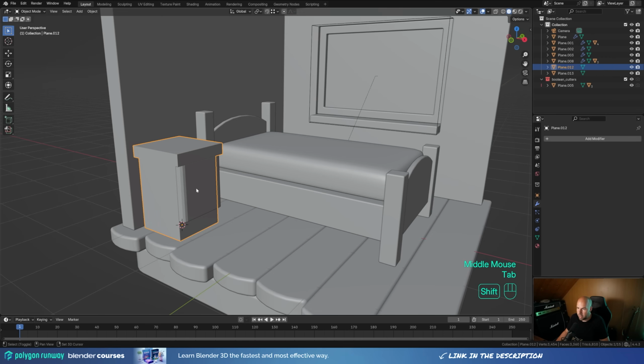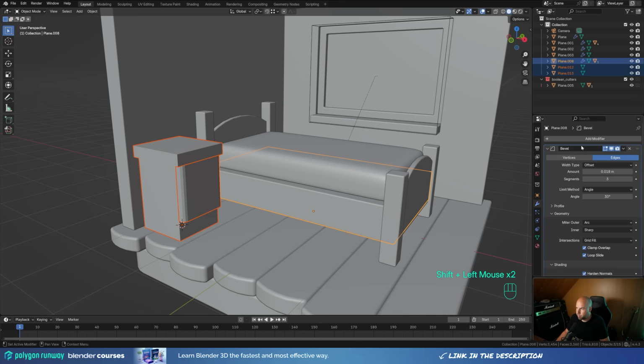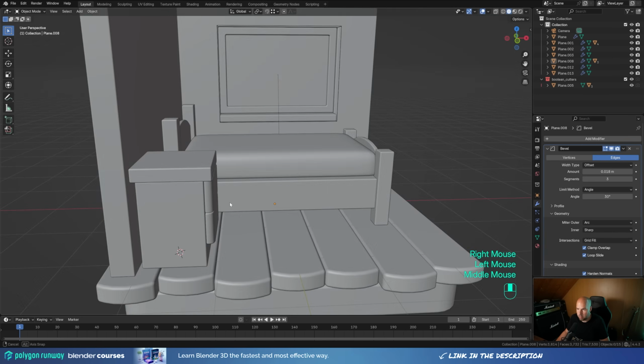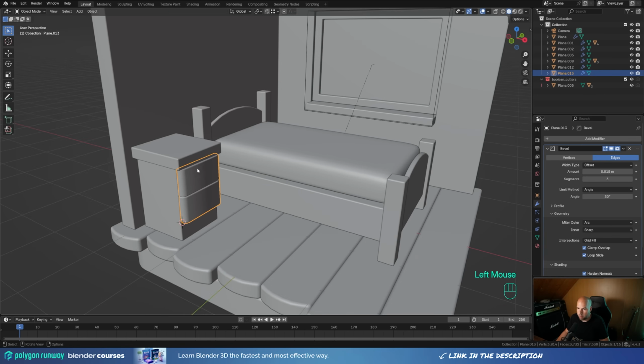And now let's add the same bevel modifier, so let's hold shift, select all of the objects with the bed as last, and let's transfer those bevels, right click and shade smooth, and we have something like this here. Now let's add some handles here, so tab into the edit mode, press 3 for face select, select this face right there, let's hold shift S and snap cursor to select it, let's tab out,